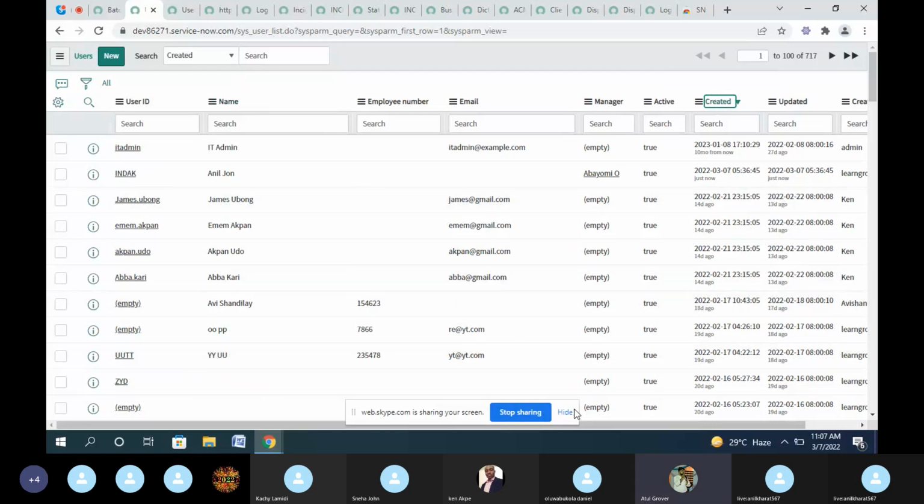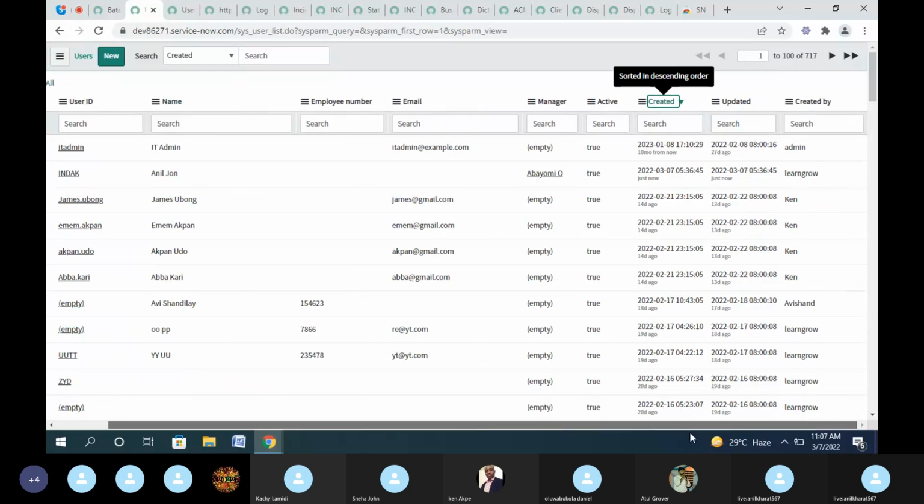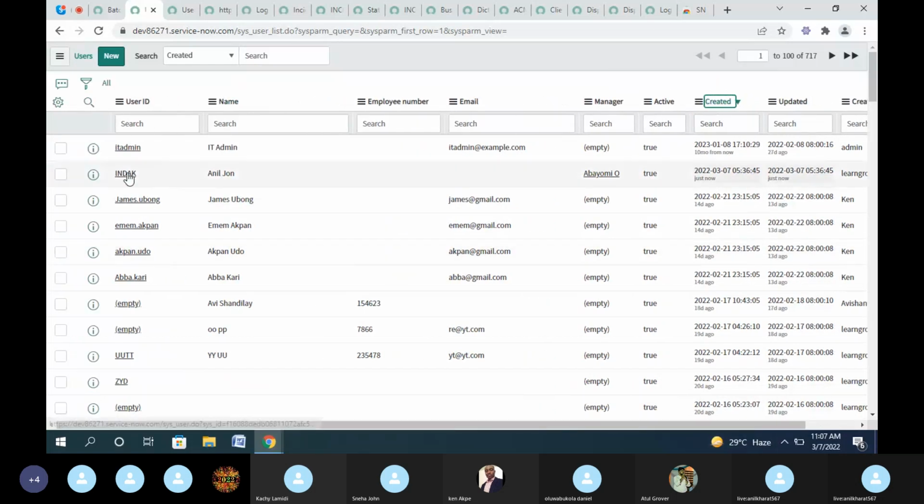See here, the same user has been created and inserted into the user table. If you open this one user,